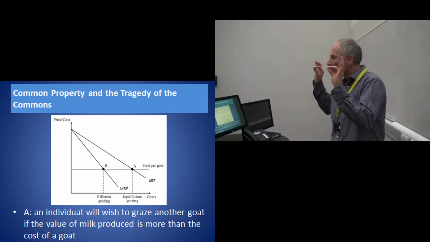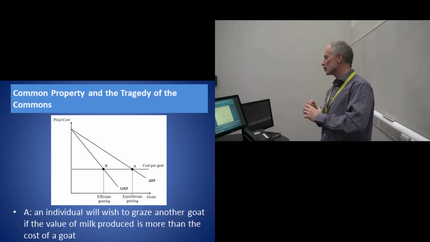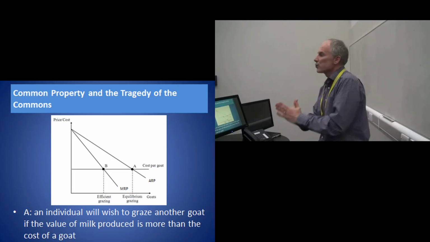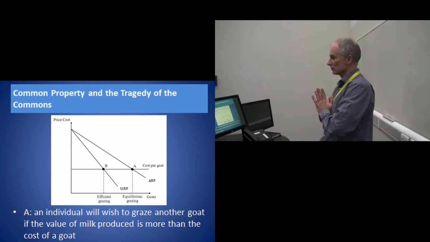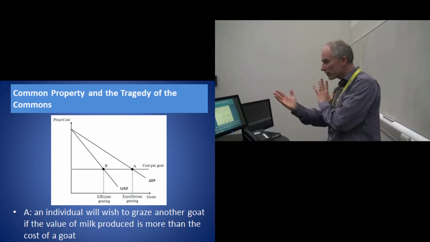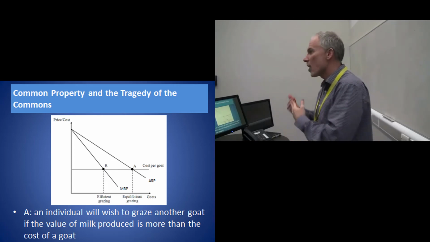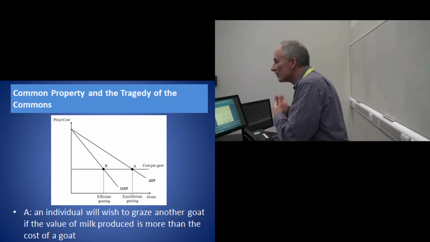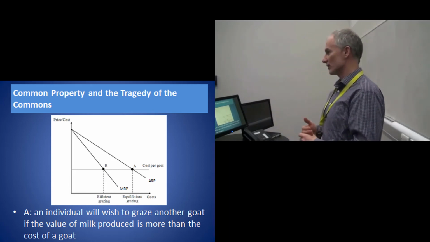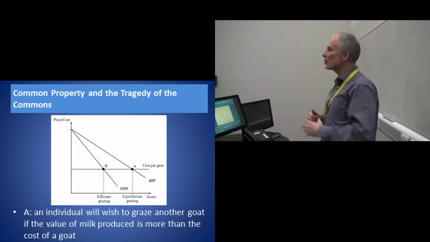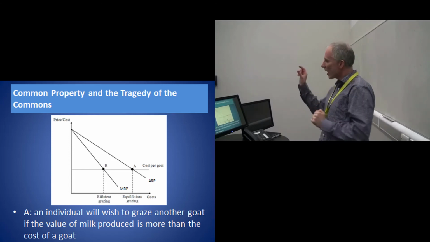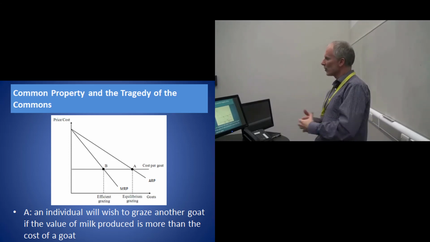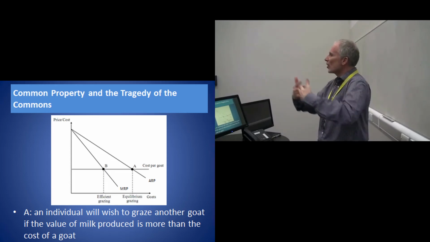Now what I want to do is look at these two alternative allocation mechanisms. And the first is what happens when this is common land, when all the villagers have free, unregulated, unrestricted access to the field. Well, if you were a villager and you were thinking, do I want to put a goat on that land? What would you think? Do I want to put an extra goat on that land?